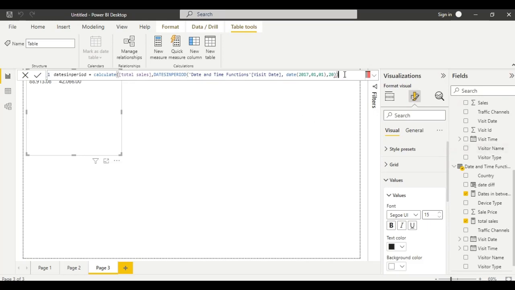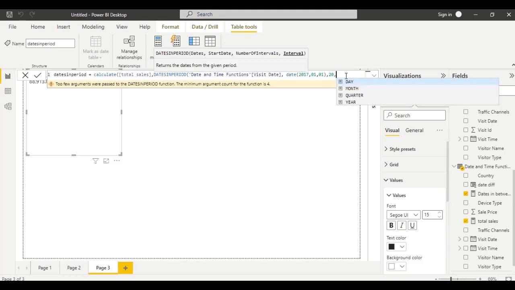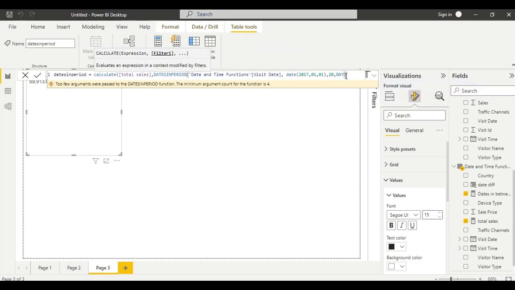Click enter. Comma, we have to give date or month day. Click enter.